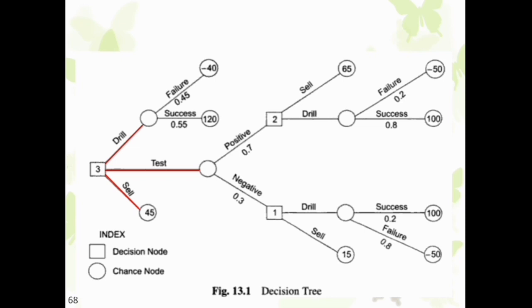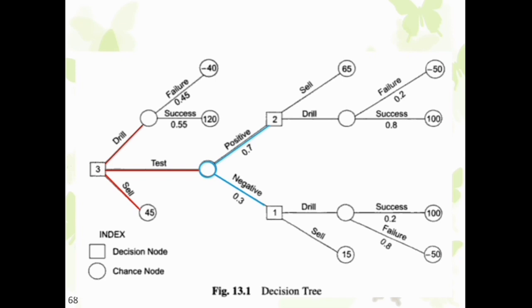This is where I am going to ask the second question. If the company goes for testing and surveying, what are the possible outcomes, and is it a chance node or a decision node? If the company goes for testing, obviously the test can be successful or failure, and that is represented as blue lines. The company has a favorable chance of 70% success and an unfavorable probability of 30%.